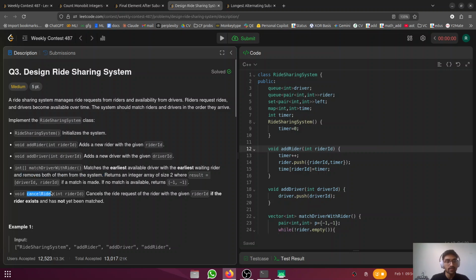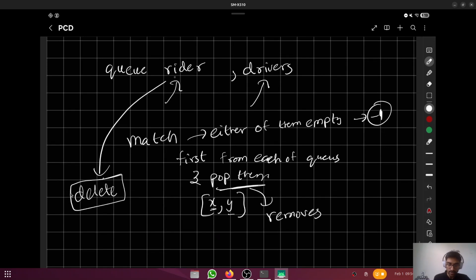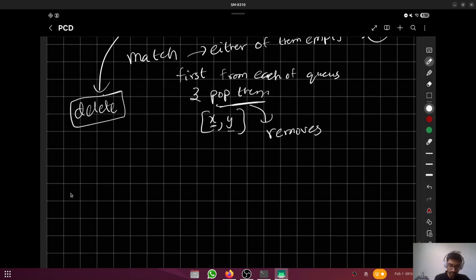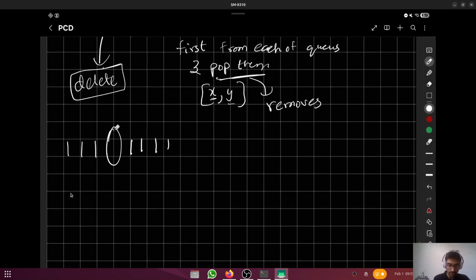Like here, we have to cancel rider. Basically, we also want to delete from this queue. The problem here is that if the element is somewhere in the middle of the queue, we can't delete it quickly. It takes so much time to delete an element which is in the middle of a queue. So for this, what we can do is that